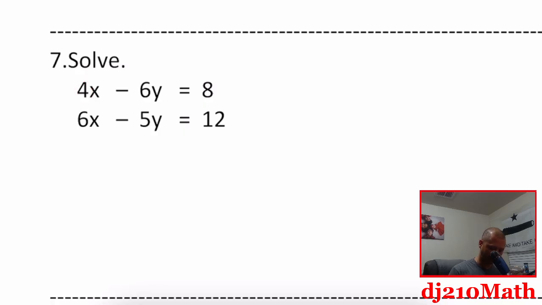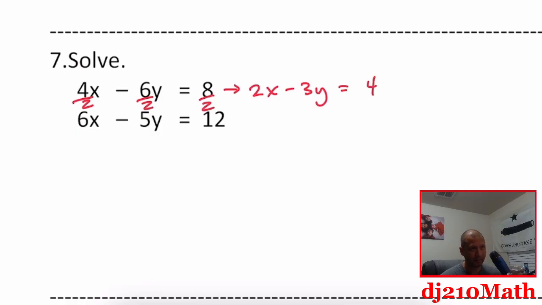So if you divide by 2, we're going to get 2x minus 3y is equal to 4. Okay. The second one is not exactly the same line, right? It's not the same line at all. However,